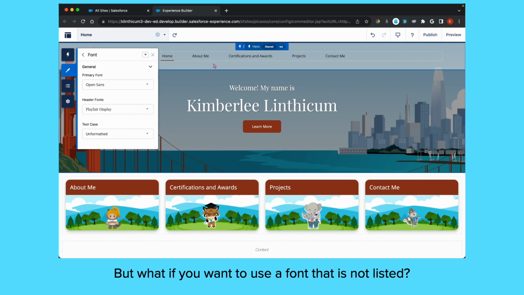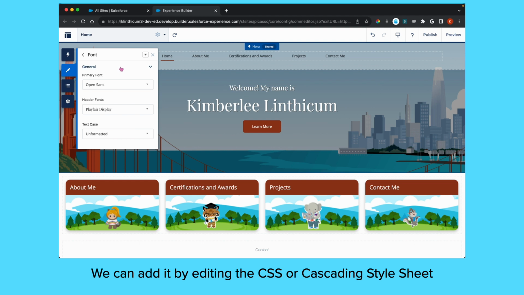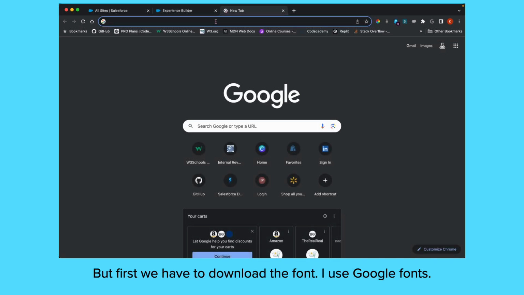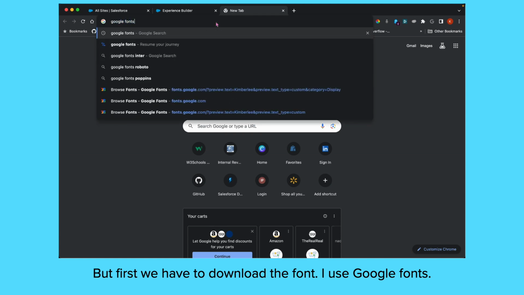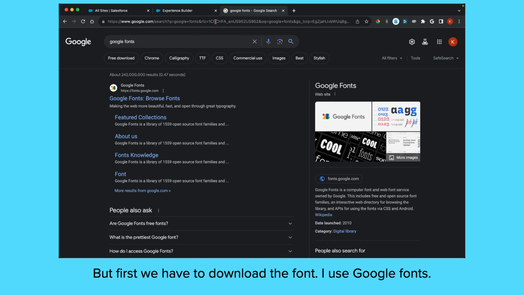But what if you have kind of an idea of a font you want to use that is not listed there? Well, you have the option of editing the CSS sheet, where you can load up the font from Google Fonts and use a custom font. The way you do that is first you have to download the font. So you'll go to Google Fonts,